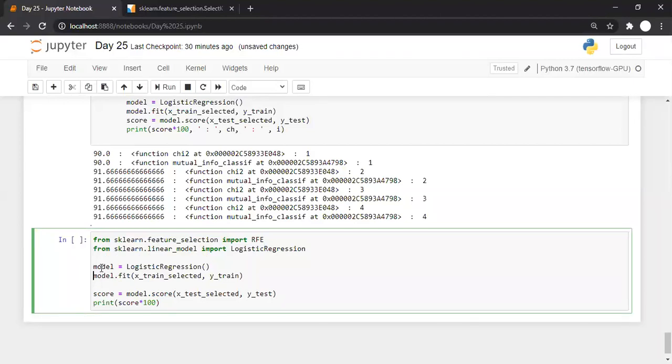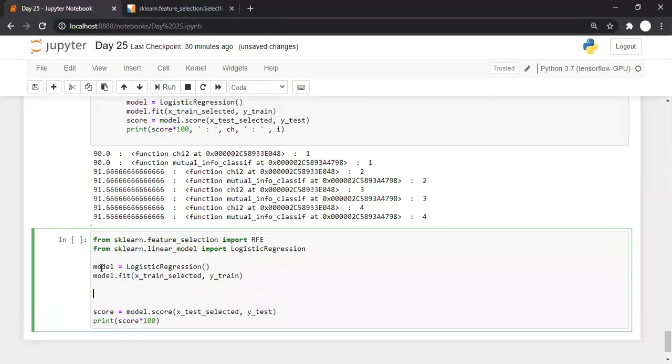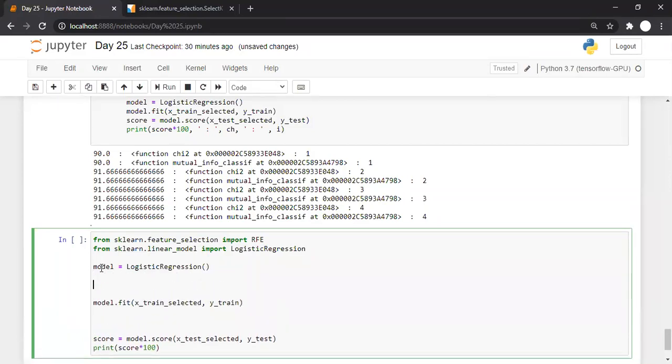now we'll create an object of RFE. Let's say selector is equal to RFE, recursive feature elimination. For which model do I want recursive feature elimination? Let us say the logistic model.